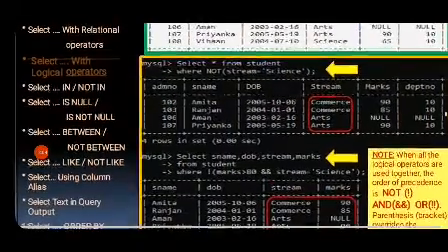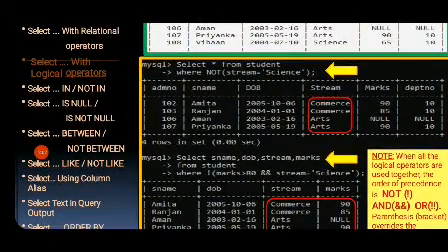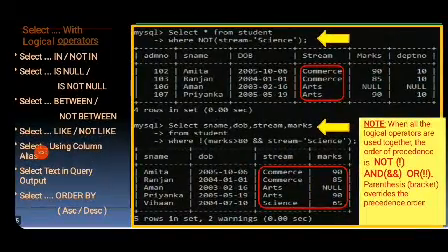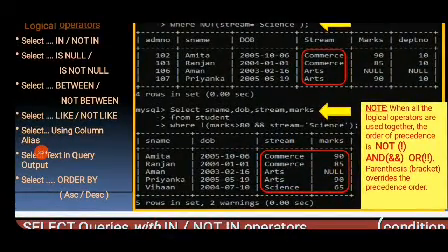Next we have select SNAME, DOB, stream, marks from student where not marks greater than 80 logical and stream equal to science. So where marks is greater than 80 and stream equal to science, that will not be part of the output. The rest will be there. So you can see as the result. Any science stream record which has marks greater than 80 will not be there as the output. The rest you can have.